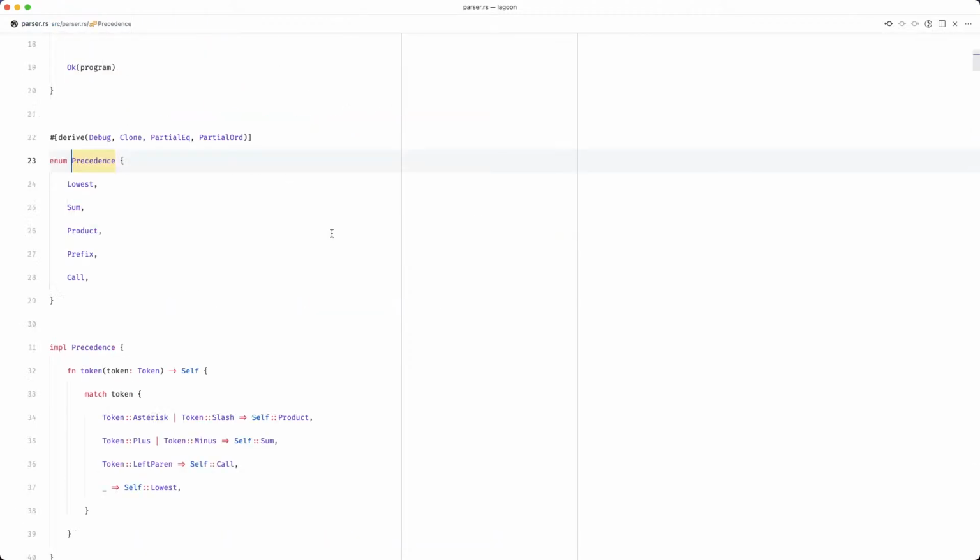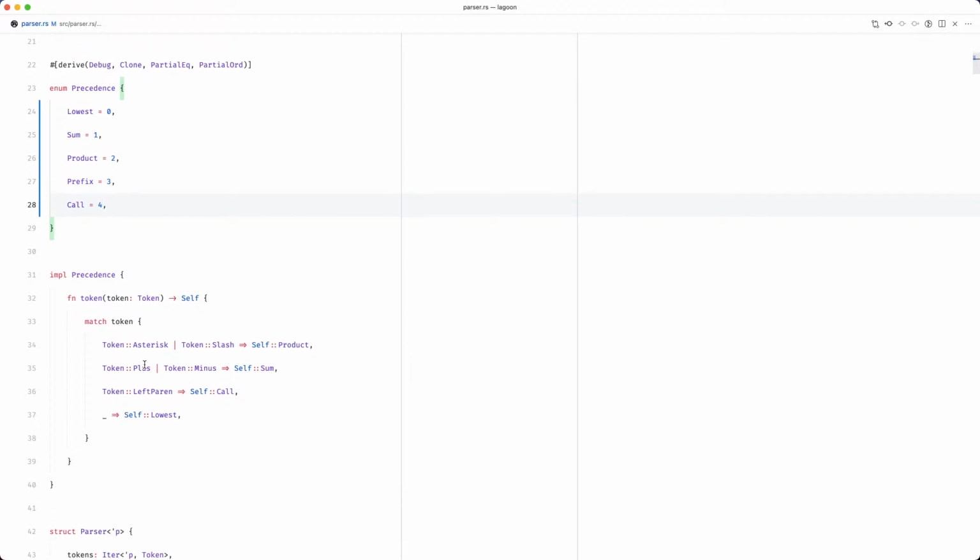And you can see that if I go to the precedence, so we start here at 0, effectively, and then up to 1, up to 2, up to 3, up to 4. And you can see for plus and minus, we use the sum precedence. For the asterisk and the slash, we use the product.